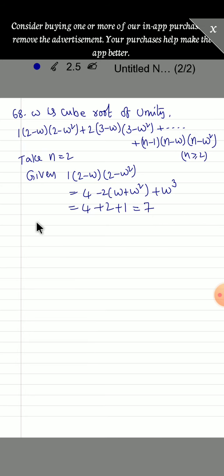So in the RHS denominator, put n equal to 2 in the first option. n square into (n plus 1) whole square divided by 4, minus n: 2 square is 4, 3 square is 9, 4 gets cancelled, 9 minus 2, that is 7. So the first option itself is correct. So no need to verify the remaining options. Okay, that's all for today.